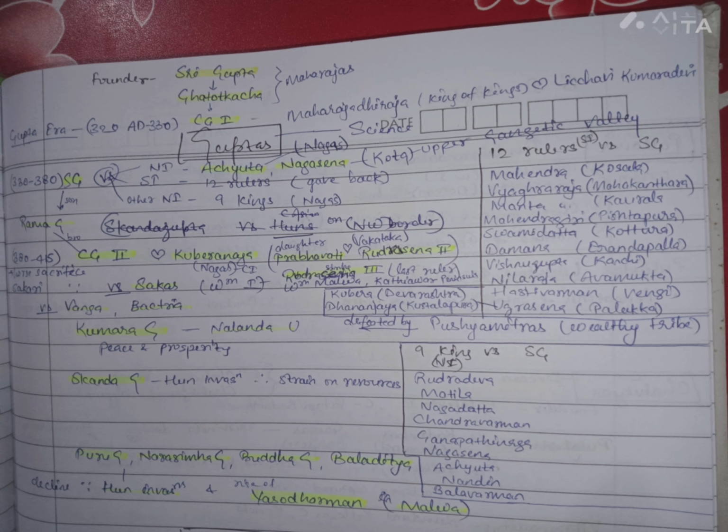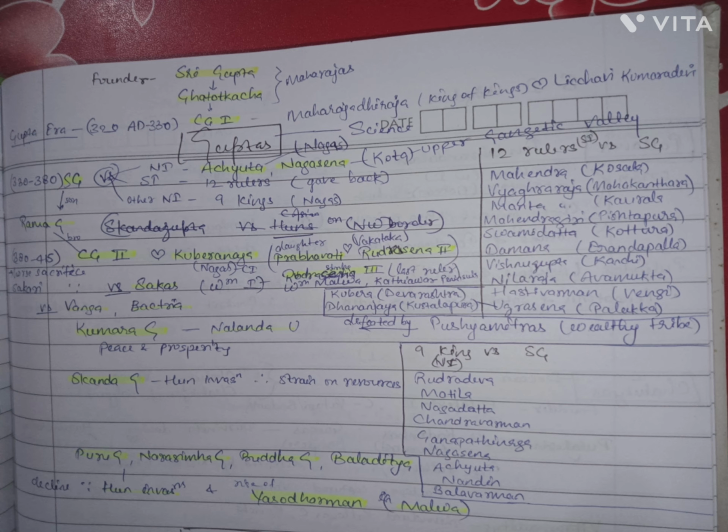Samudragupta, 330 to 380. Samudragupta was the greatest of the rulers of Gupta dynasty. The Allahabad pillar inscription provides a detailed account of his reign. It refers to 3 stages in his military campaign. एक है अगेंस्ट द रूलर्स ऑफ नॉर्थ इंडिया, दूसरा है दक्षिण पद एक्सपीडिशन अगेंस्ट साउथ इंडियन रूलर्स, और एक सेकेंड कैंपेन अगेंस्ट अदर रूलर्स ऑफ नॉर्थ इंडिया.